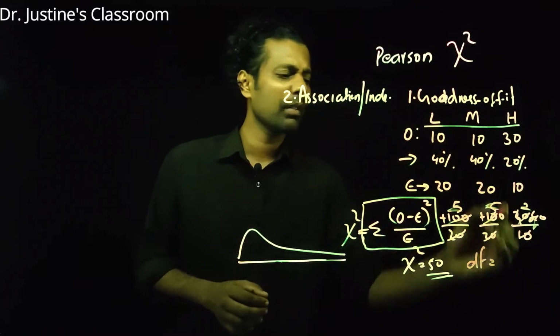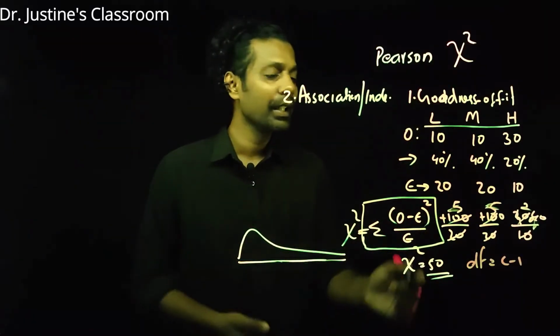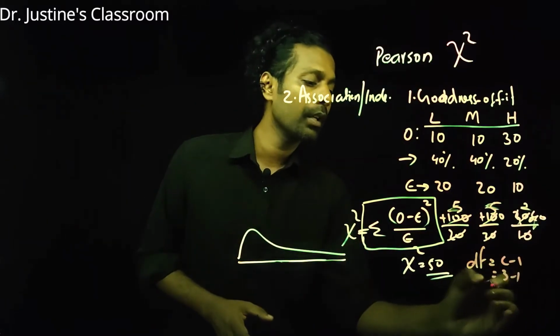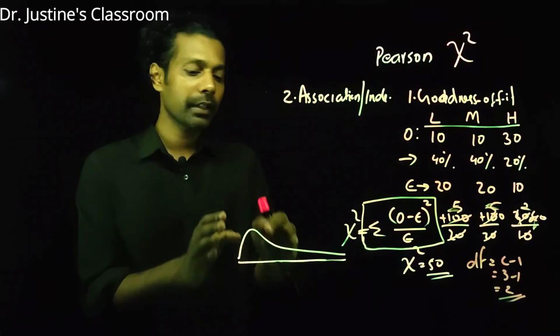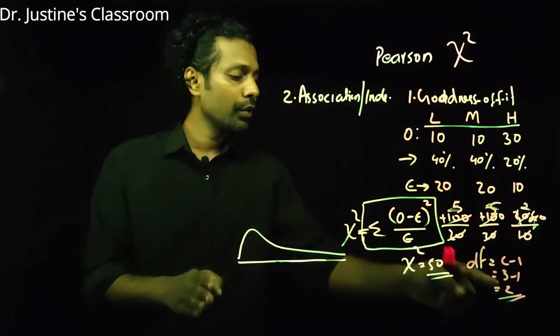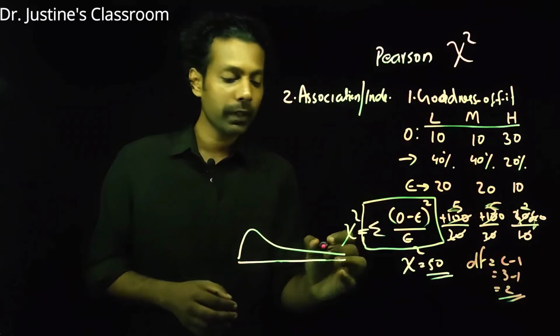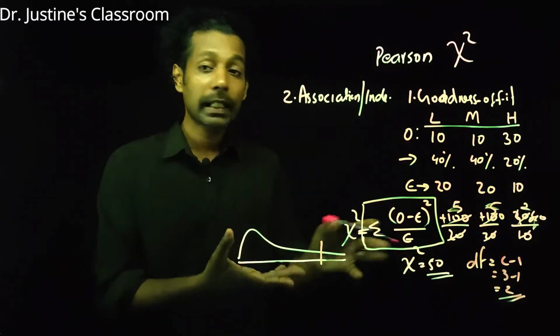So I would say column minus 1 or row minus 1, whatever pattern, okay? So how many categories you have, minus 1. So degree of freedom here will be 3 - 1 equal to 2, like that. So I'll think about a chi-square distribution with a 2 value, and I see what is the cutoff point 0.05, let us say somewhere here, and see where does this particular value stand there, okay?